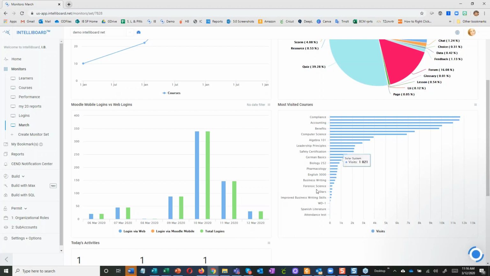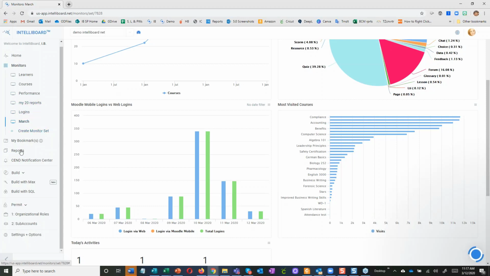If we come down to maybe these courses, we've got English 3000, business writing, forensic science. Okay, we probably know that forensic science is a lab course, right? So it's a face-to-face course, it's a lab, there's not a whole lot of activity going on. We are not concerned about this forensic science course. But English 3000, business writing, we know those are fully online courses, and now perhaps there may need to be some panic involved in why there is such a low amount of activity happening in these courses. Okay, so those are our monitors. We have a gazillion of them. I wish I could show them to you all, but Randy very meanly only gave me 10 minutes.